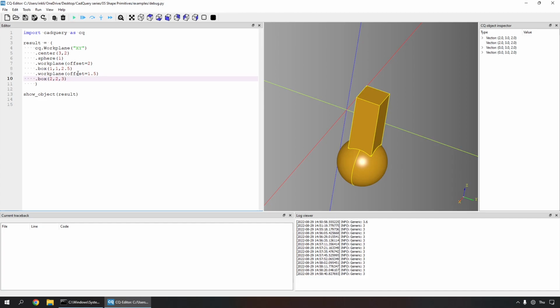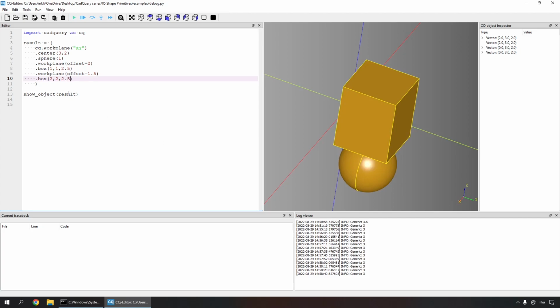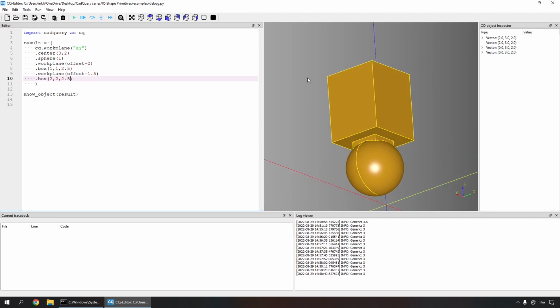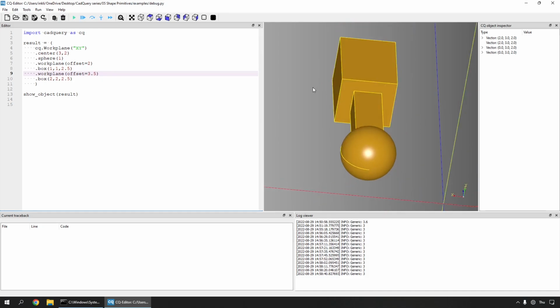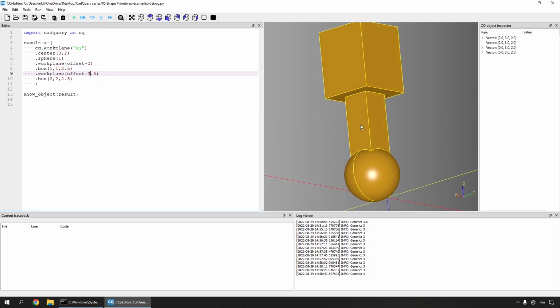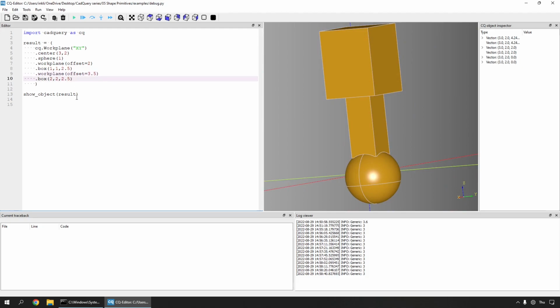All right, and that's going to be a little bit weird because that means I need to move that center point. So let's just do it by 2.5. So that'll make my life a bit easier. And did it move it? Yes, but I got my offset wrong. Let's just move this guy up. There we go. And what if it was 3? There we go. And the reason why I'm having to do this is because of that centered equals true by default. So if I say centered equals false,